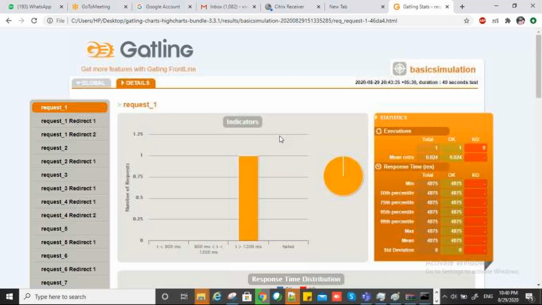That is the main reason why Gatling is popular, the biggest reason in the industry. There is no other tool currently in the industry which will provide a report like this.